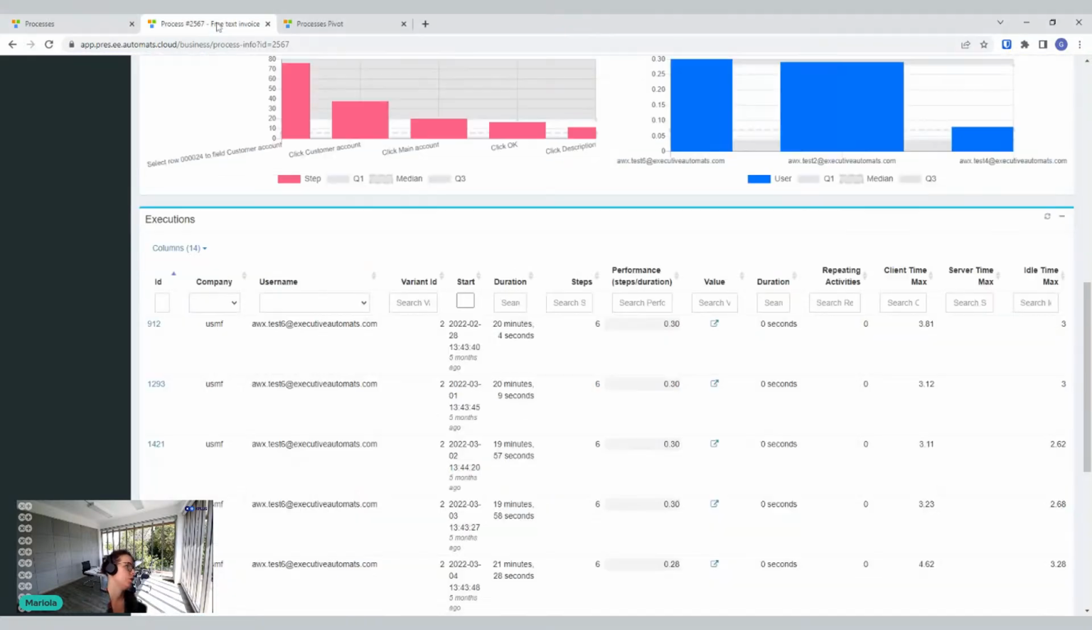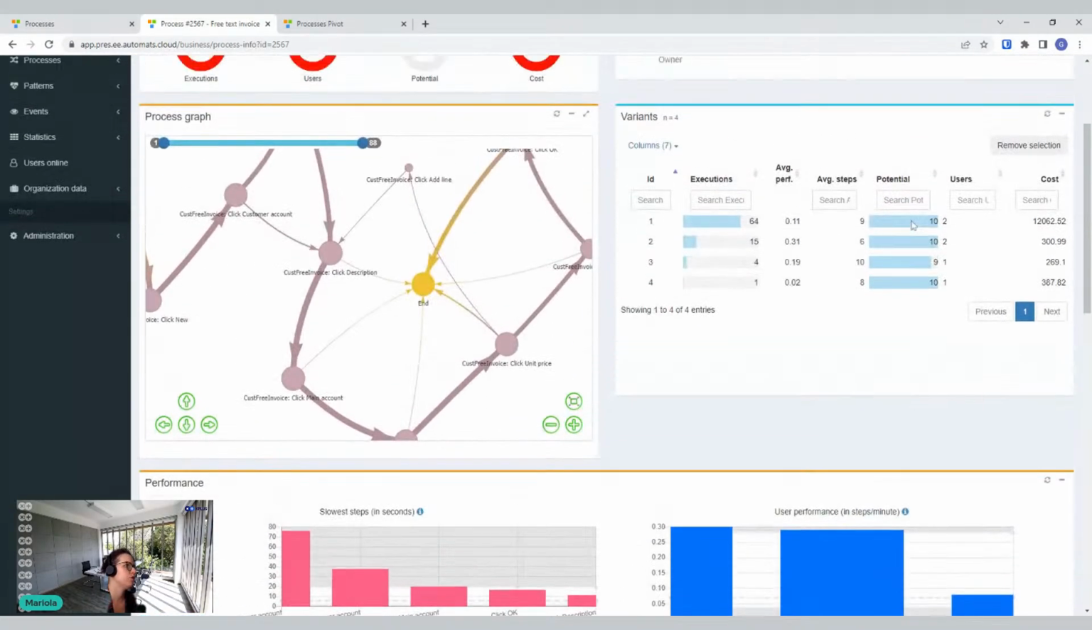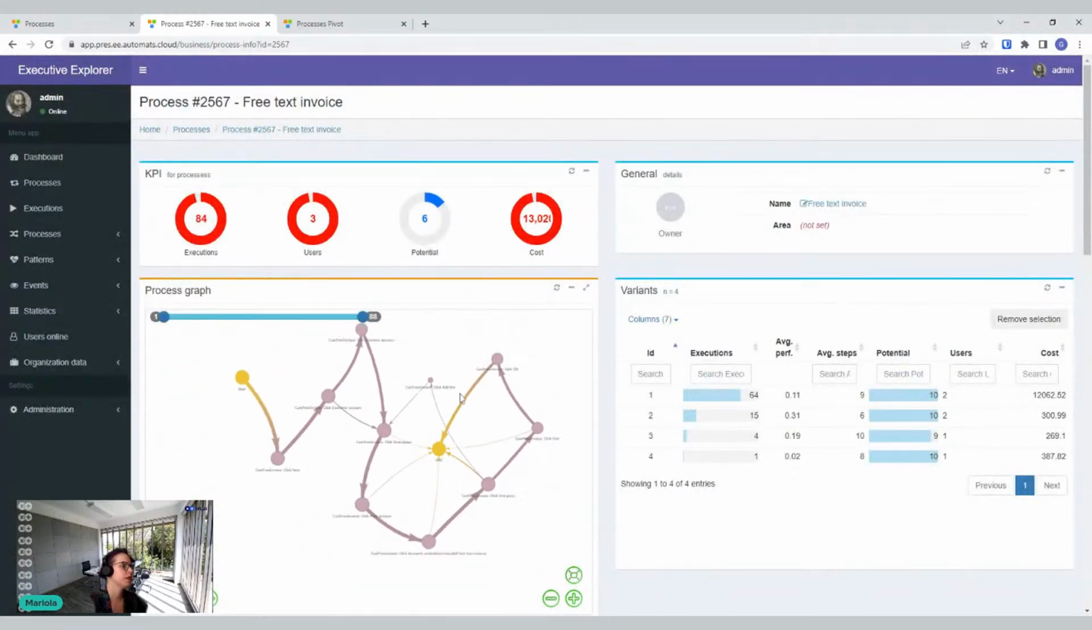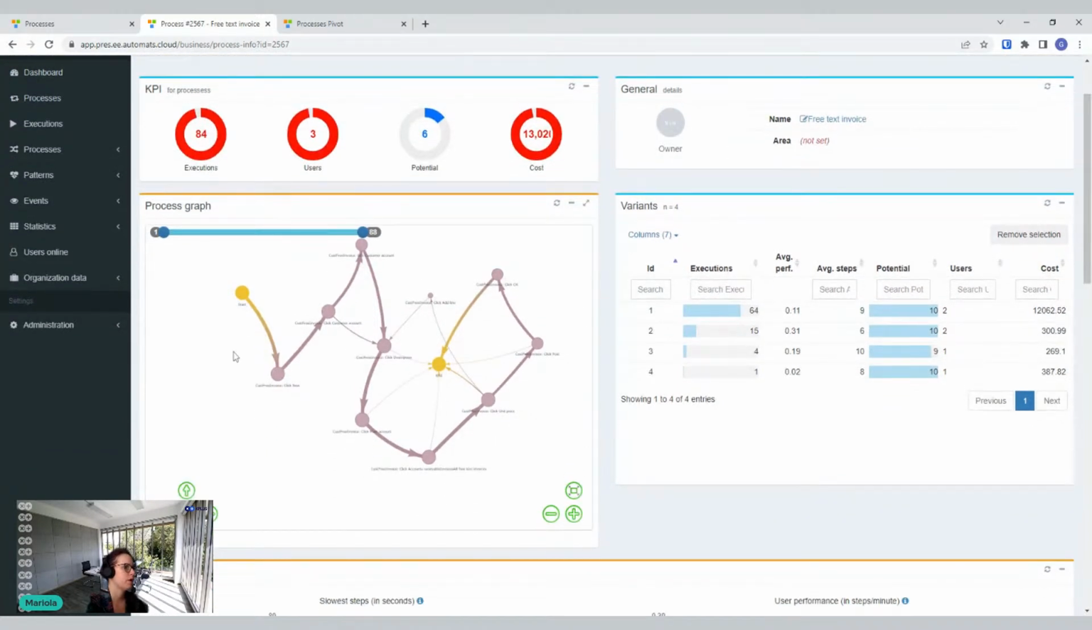So I prepared a process for you. This process is named free text invoice. And what I have in this panel: on the top I have the execution number, in this case 84. The number of users which were involved, it's three. The potential of optimization, and the cost number. Below this information, I have a graph